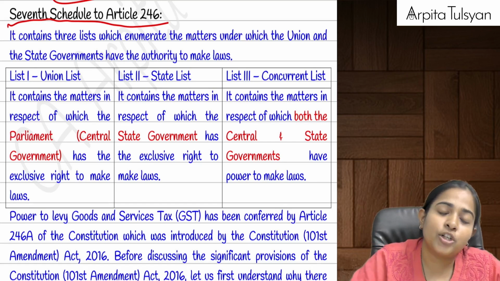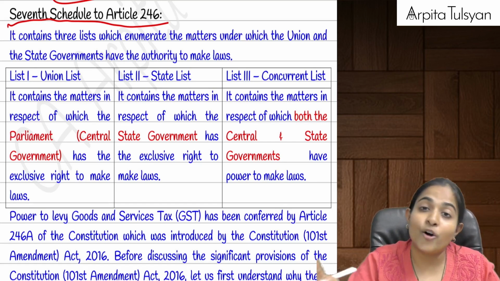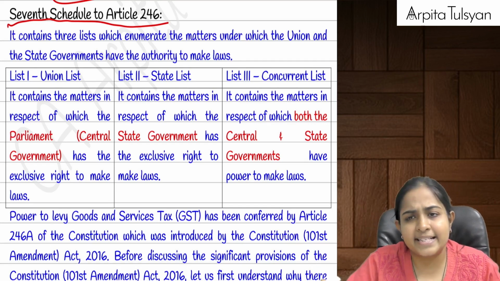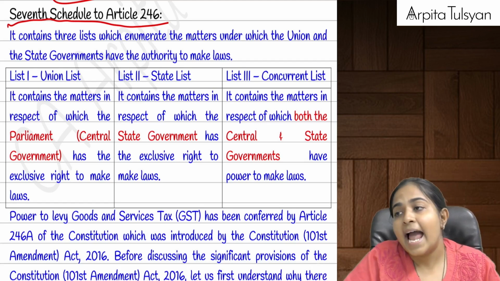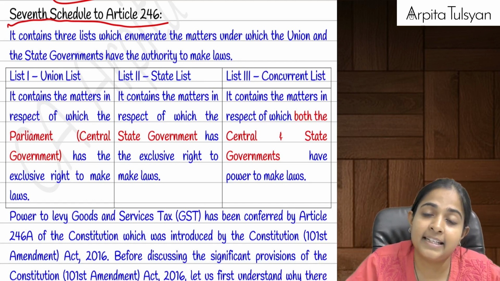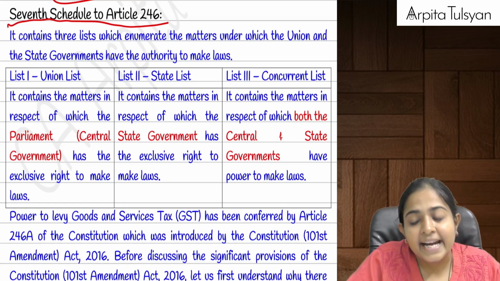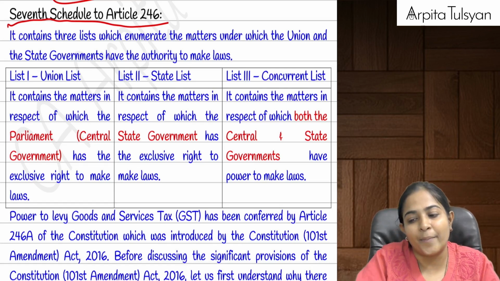List 2 talks about your state list. It contains all those matters on which decisions can be taken only by the state government. Example, profession tax, laws relating to profession tax. And the last one is list 3, that is your concurrent list. Concurrent list means it contains those matters on which the central as well as the state government have the power